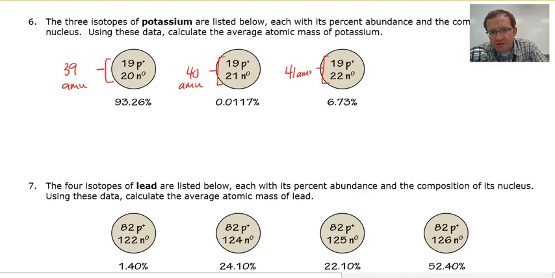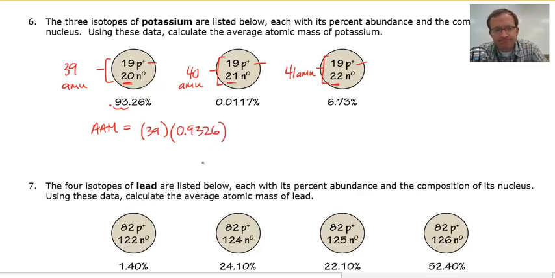Again, notice each of these isotopes has 19 protons in it. And that makes it a potassium atom, but the number of neutrons is changing from 20 to 21 to 22. The atoms are getting heavier as we have them arranged here, and those mass numbers are increasing from 39 to 40 to 41. So to find the average atomic mass, I'll work it out just below here since we've got room. The average atomic mass is the mass of the first isotope, which is 39 AMUs, times its percent abundance written as a decimal. So I'm going to move that decimal point over 2 again and get